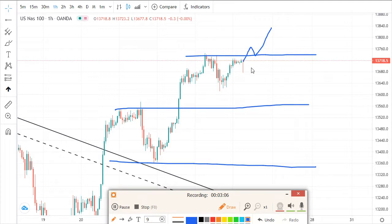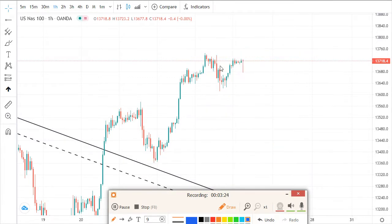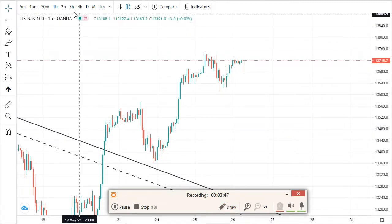If it doesn't break here, we can see the market going lower, maybe to come and respect this area here, or maybe the market can still go lower to our strong support here, but we still have another one there. But I think this one will also make sense. If that doesn't happen, maybe we'll see the market going higher from there, pushing higher. But sometimes it's not safe. We know that sometimes we take aggressive trades, but here we just have to wait for the market to have that clear breakout before we can say now we're taking that buy. So on NASDAQ, here, that is my overall